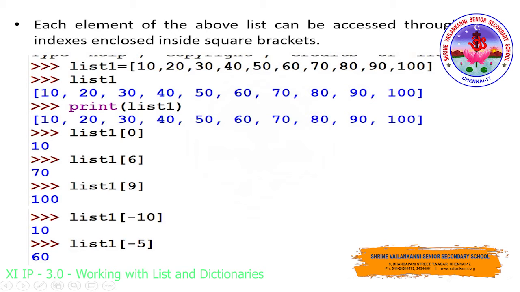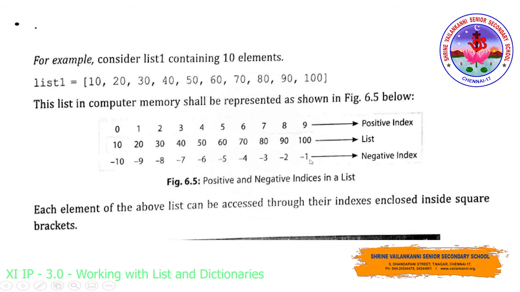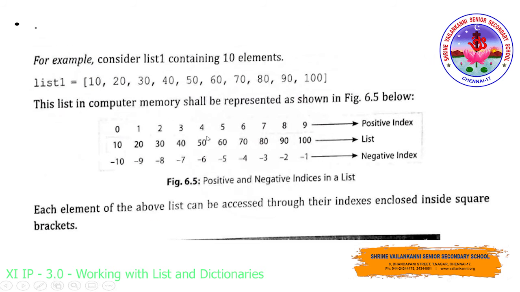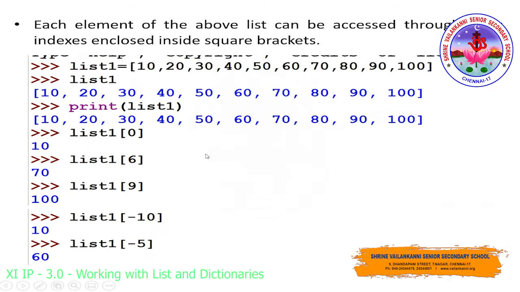In case I'm going to access the values using the negative index, I can do so with the help of the negative index position. See here, they have given -10. So -10, where does it come actually? -1, 2, 3, 4. Always I have told you negative index starts from -1 and you should start from right to left. So in the place of -10 you have the value 10. So the 10 will be displayed. In the place of -5 you have the value 60. So that 60 will be displayed. So got it. This is how you will access the elements using the positive index as well as the negative index from the list.